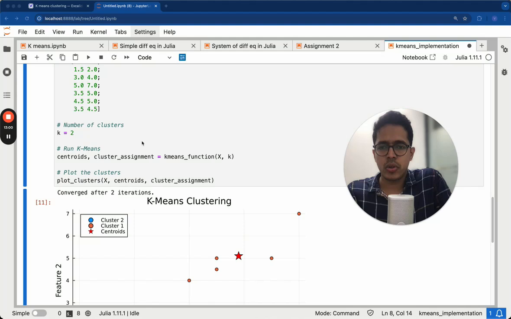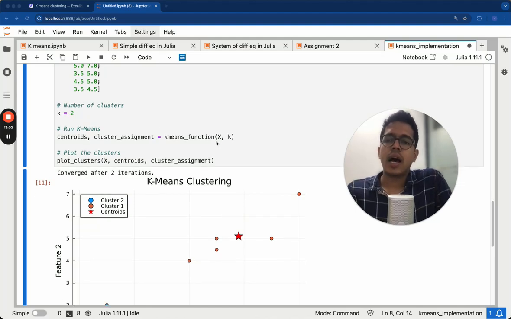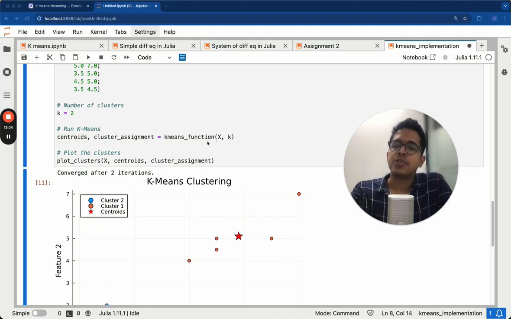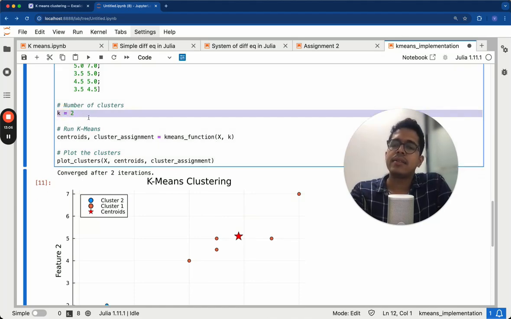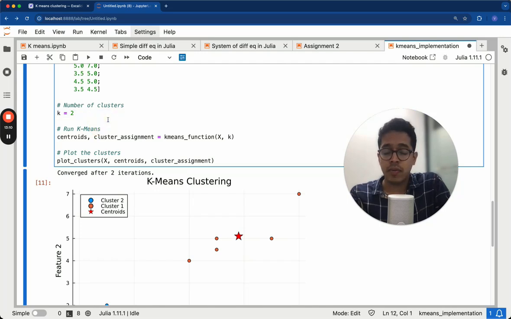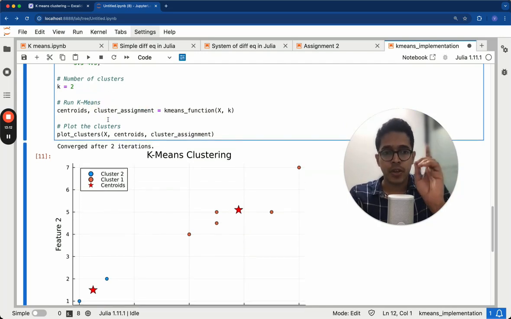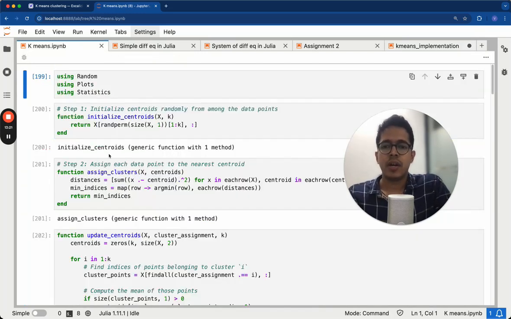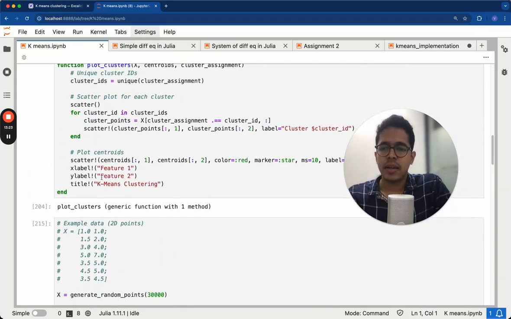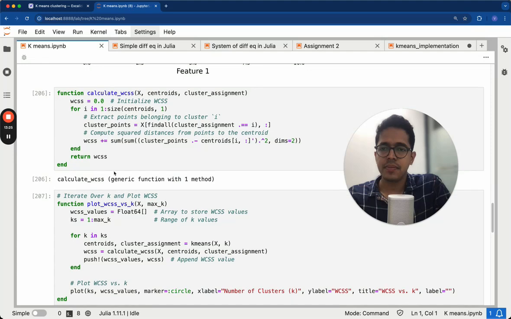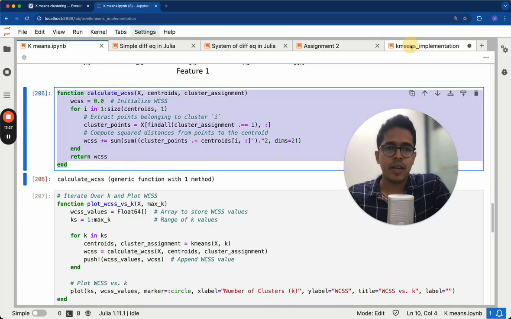Now let's do one more thing. How did we come up with this 2? How did we know that the actual number of clusters is 2? Why not 1? Why not 3? Why not 4? So you remember the elbow method. I have already coded this when I was practicing, so I'll copy it from here. Not the elbow code, I mean